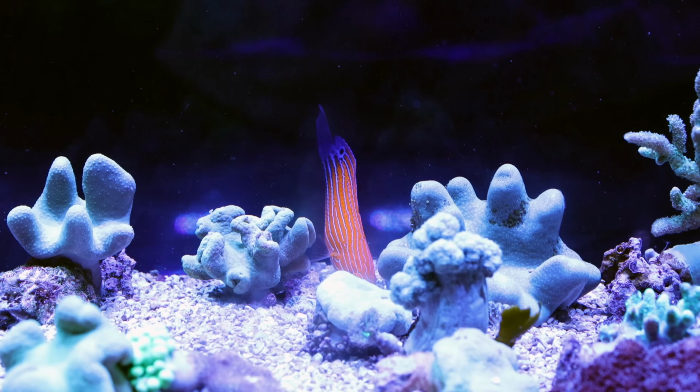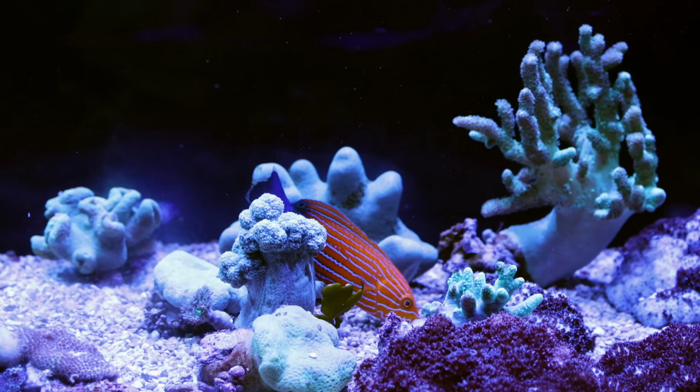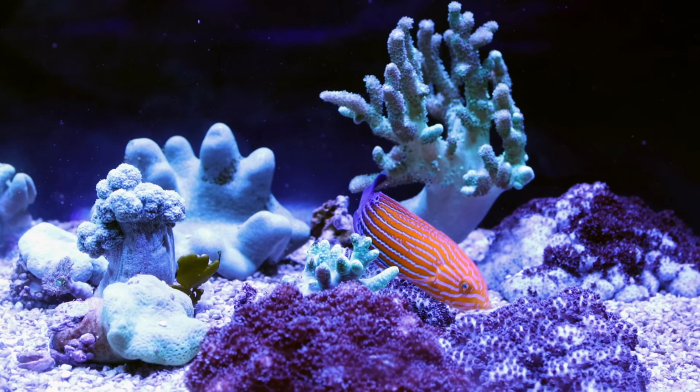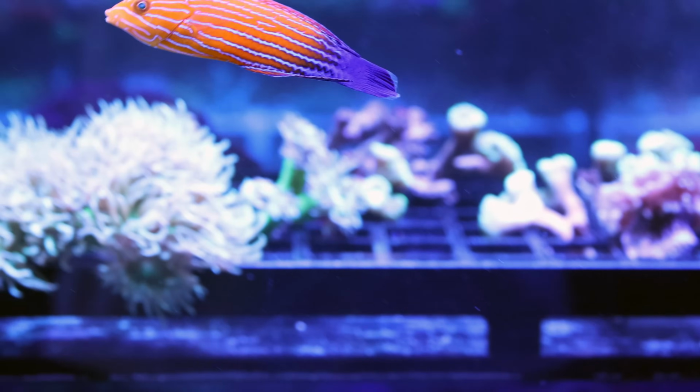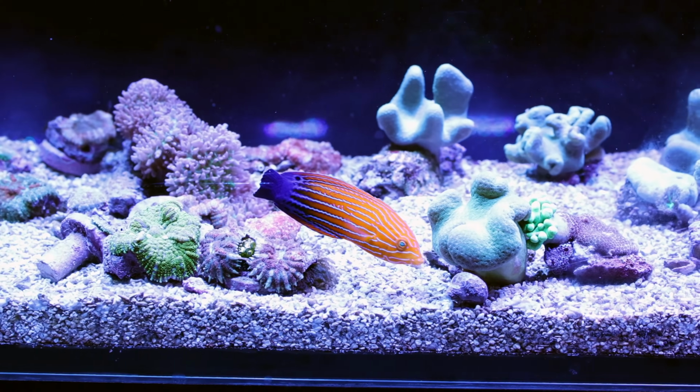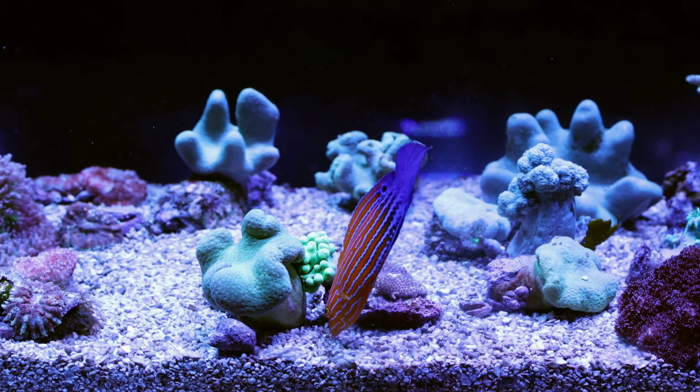You can see how busy and active it is. It just continually grazes away at the rock and the sand, continually forking away, or I think that's the word, just looking for little things to nibble on and keeping busy and active and just showing off those beautiful colors and patterns. So it's going to make a fantastic addition to my tank, but there are other fish I want to add in with this one